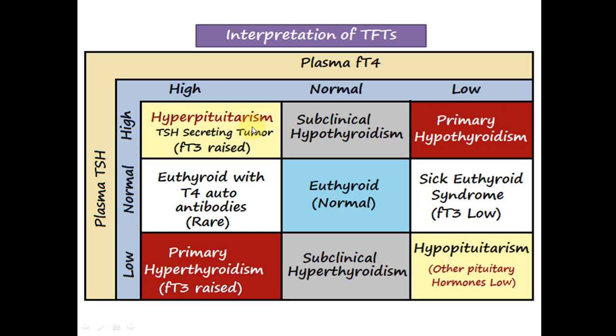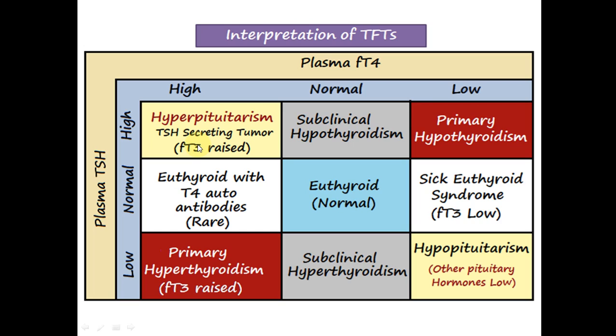So this is a very important chart in which we can use the concentration of the TSH, the hormone secreted by the anterior pituitary gland, thyroid stimulating hormone, that acts on the thyroid gland to cause the formation of thyroid hormones T3 and T4, thyroxine. So if we measure the concentration of plasma TSH and the concentration of free T4, and we note the two concentrations, and then by comparing the two concentrations we can